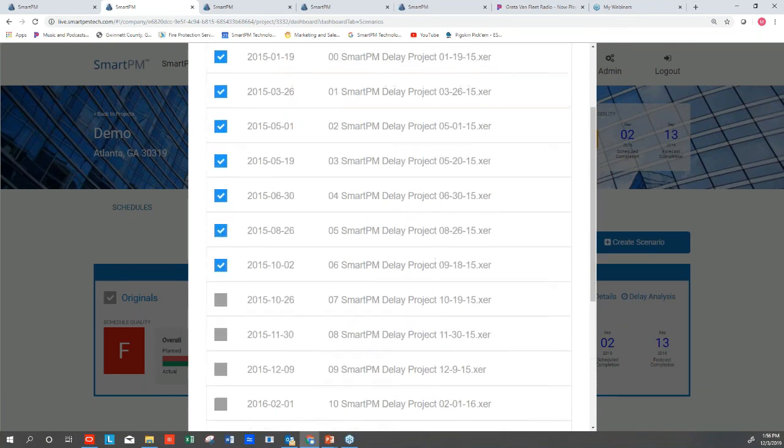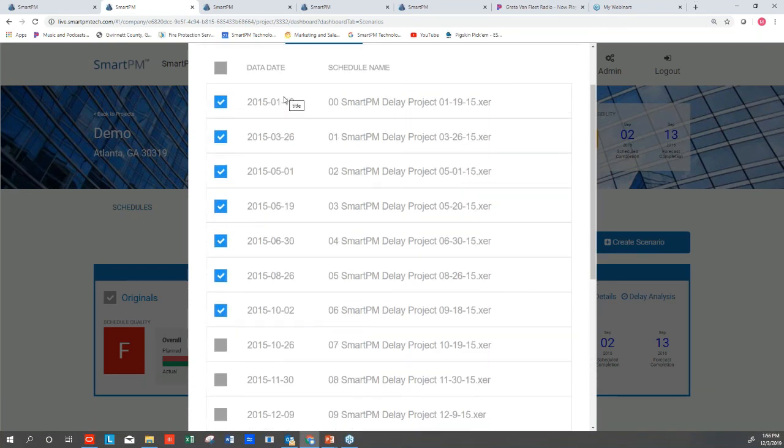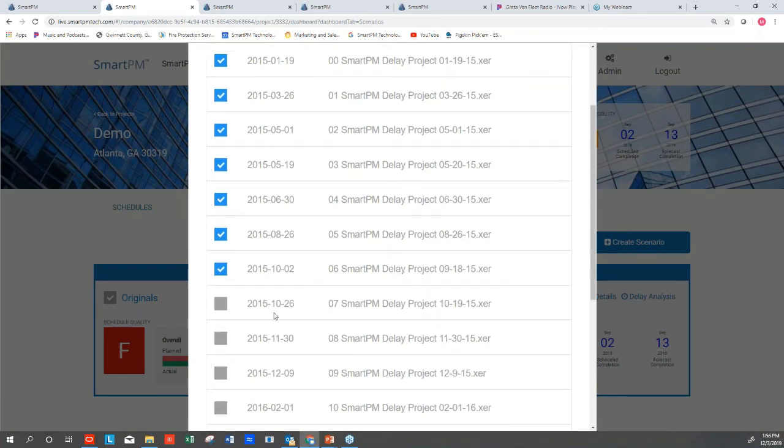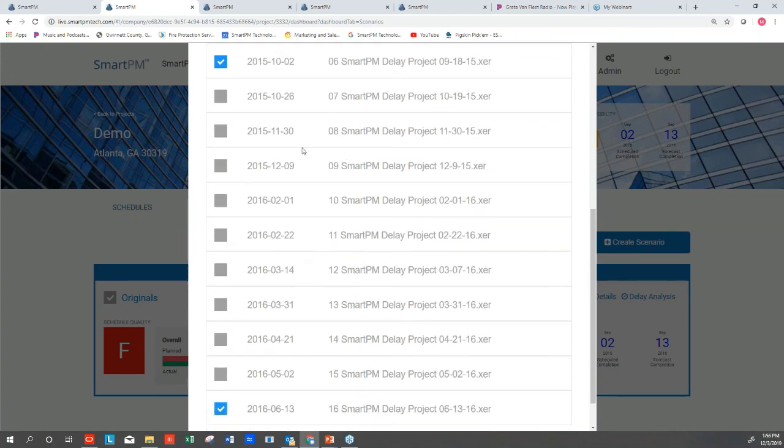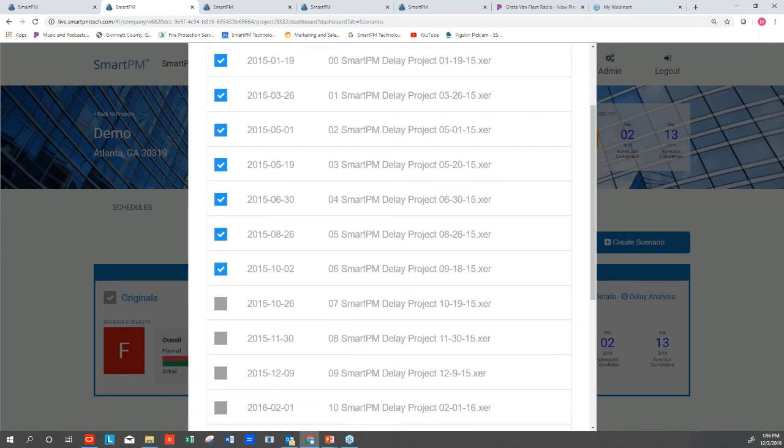So what this is going to do is analyze based on progression that was in tandem with what we believe to be accurate up until the point where it was too compressed. Then we're not going to rely on any of those schedules after. We're not going to rely on the critical path. The last schedule in logic that we're going to rely on is that 10/2 date. But we're going to analyze that as-built data all the way to the end of the job using that 10/2 data. So what we're able to do now is select which schedules we want to utilize,